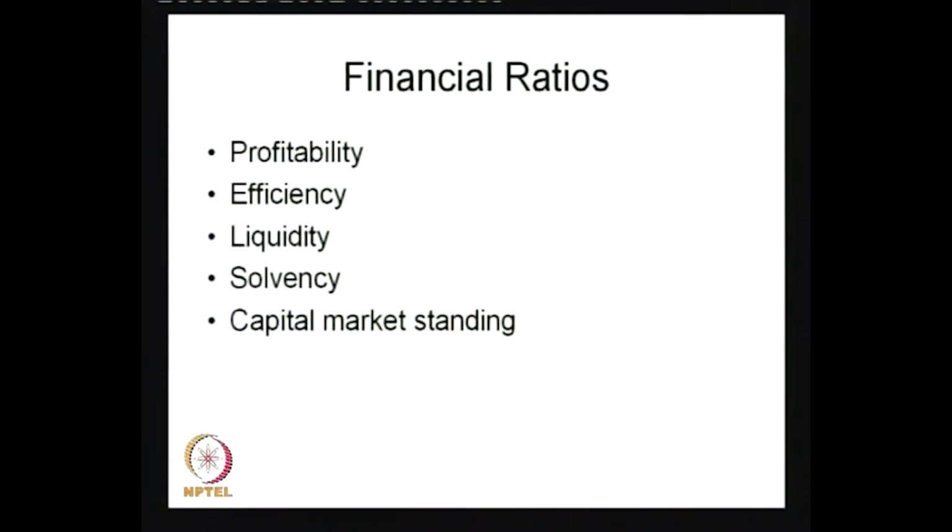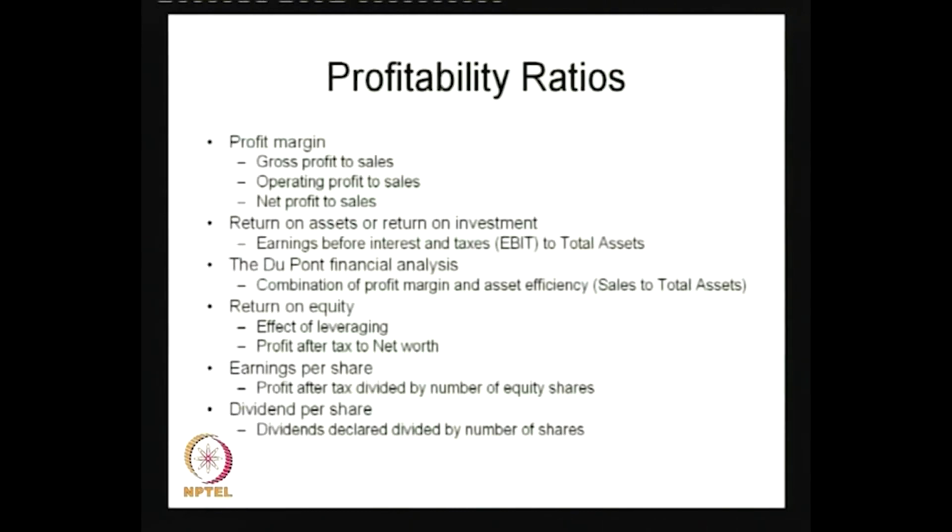So, that is capital market standing. Then we go one by one through different types of ratios here and discuss what the implications are. In the profitability ratios, the first one is the profit margin. Profit margin means how much profit this company has made in relation to sales, or the